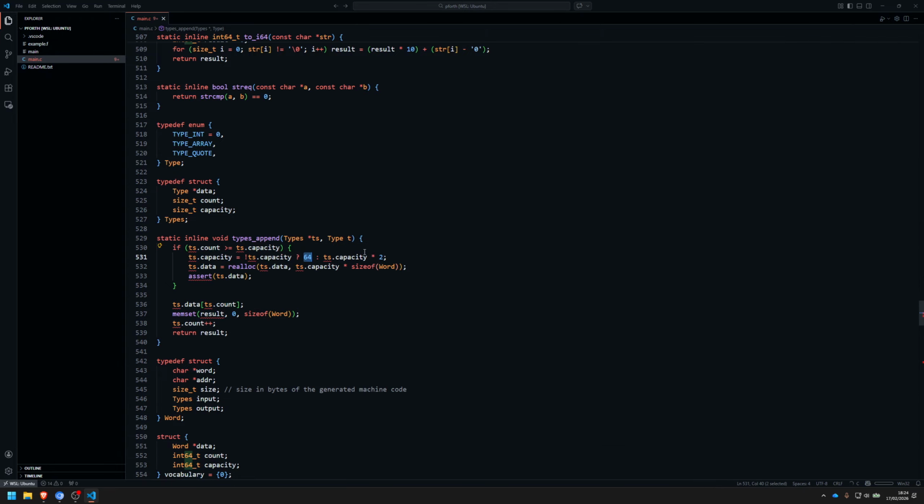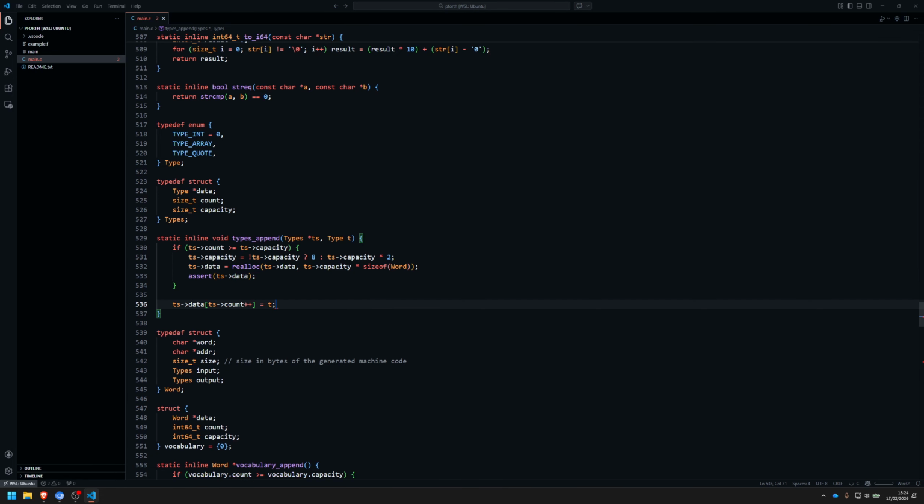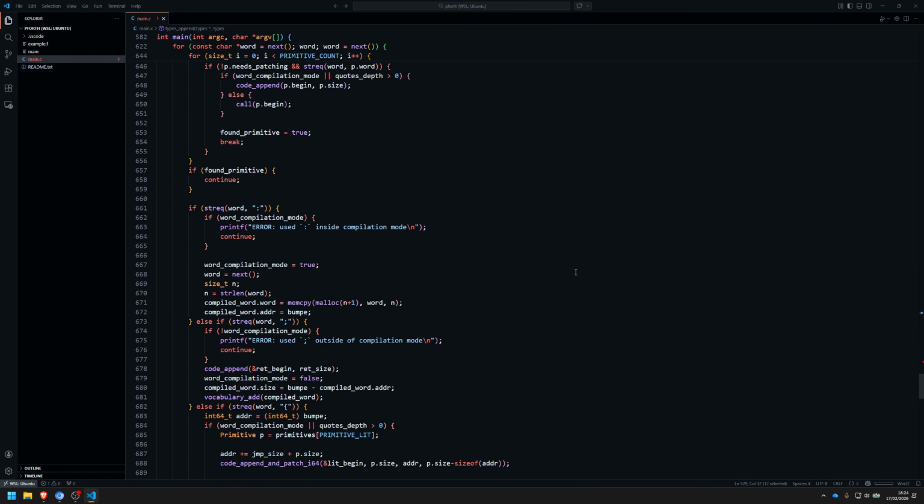And here, like the default, it can be like 8 or something. I do not expect to have that many types in a single thing. So all right, then I can say that, and here I can just copy t and everything is fine. Cool. So yeah, I do that, and then